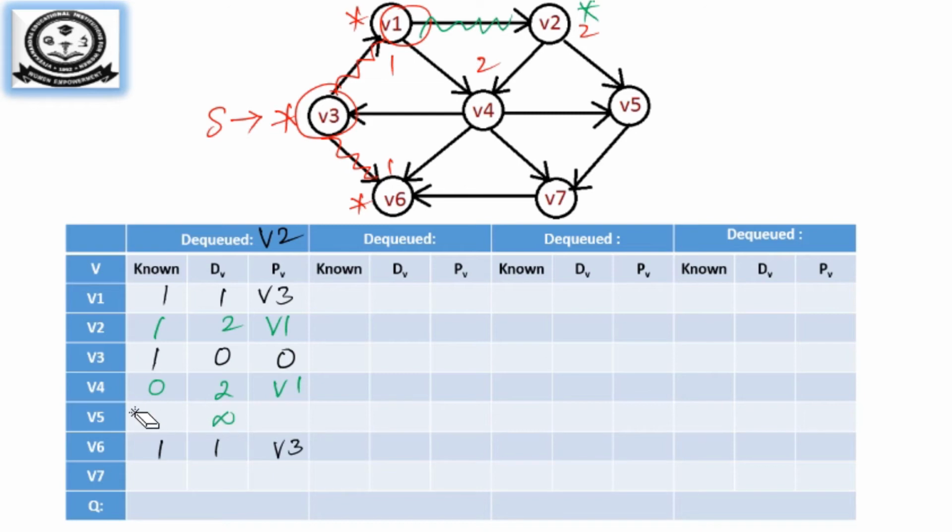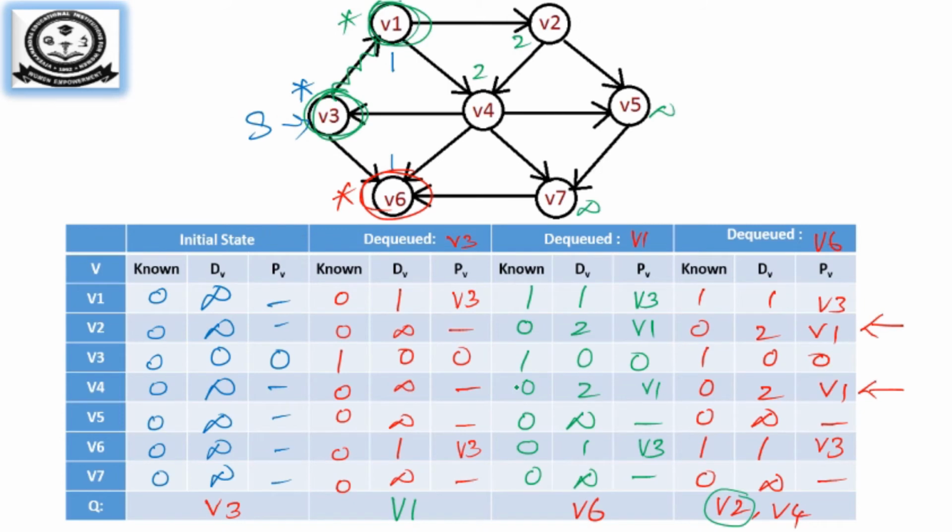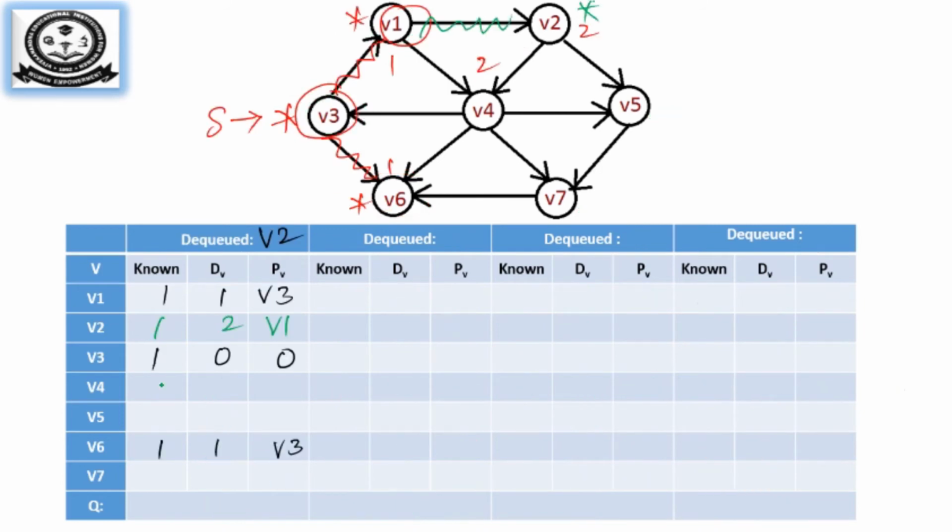Now we have to update the value. So what is updated is, from V2 I can go to V4 with a length of 3. Okay, so in the previous table you can see V4 is coming with 0 2 V1. So let me update the previous table so you can understand. So 0 infinite dash and 0 infinite dash, right? So once V2 is marked, from V2 I can go to V4. So what will be the distance? It is going to be 3. So what is the distance over here is 2. So there is no change because we are choosing the minimum value. So you will not have 3.